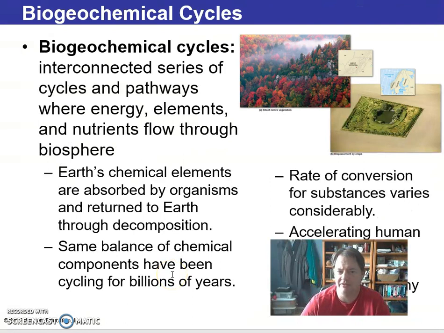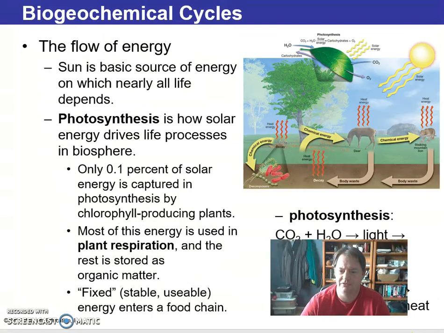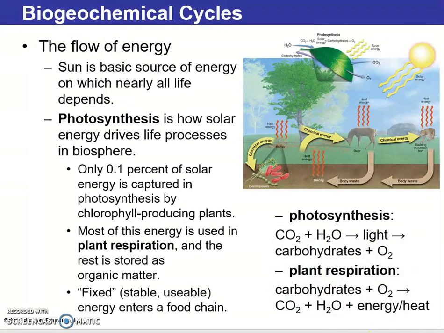So we have an interconnected series of cycles and pathways where energy, elements, and nutrients flow through the biosphere. This is called biogeochemical cycles. The flow of energy, we have photosynthesis. So essentially what we're taking is carbon dioxide plus water plus light, and we're producing carbohydrates and oxygen, which is plant respiration. So essentially that is the process that kind of offsets the